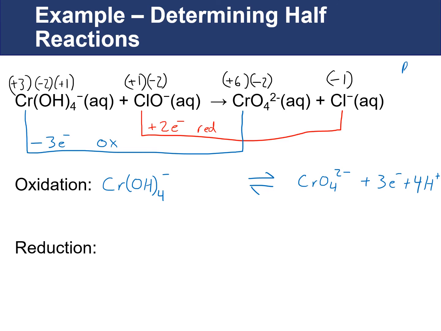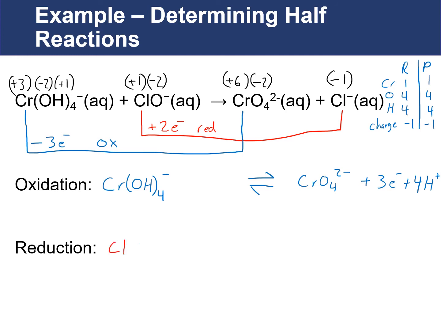So comparing our reactants and our products for our oxidation path, we will look at chromium, oxygen, hydrogen, and charge. On the reactant side, we have 1 chromium, we have 4 oxygen, we have 4 hydrogen, and the overall charge is -1 from our ion. On the right-hand side, we have 1 chromium, we have 4 oxygen, we have 4 hydrogen. Our overall charge is -2 minus 3 plus 4, which gives us -1. So our oxidation path is balanced. To our reduction path,